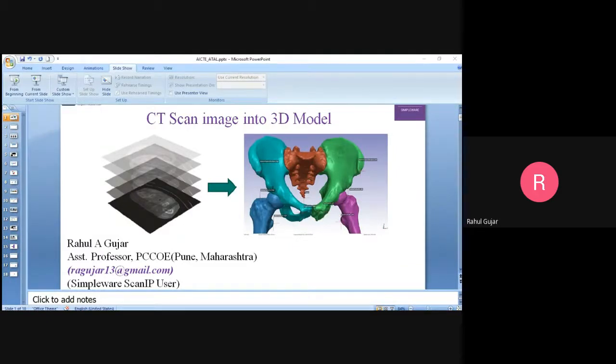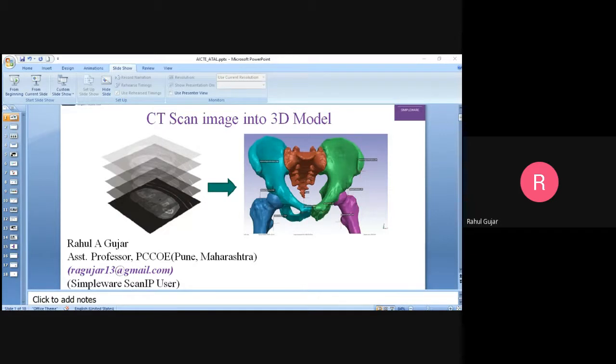Generally in hospitals, for blood clots, blood injuries, cancer, tumors, lung and heart issues, spine, bone and joint related issues, and soft tissues if they are torn, ligaments, etc., CT scan and MRI are widely used compared to X-ray.